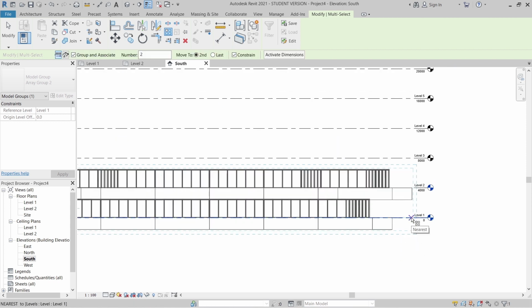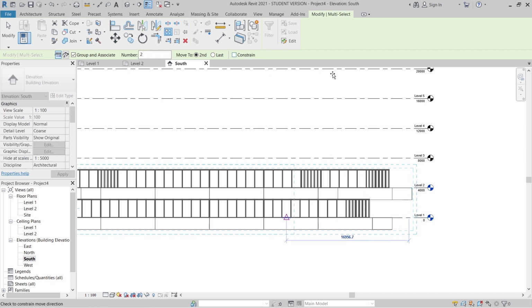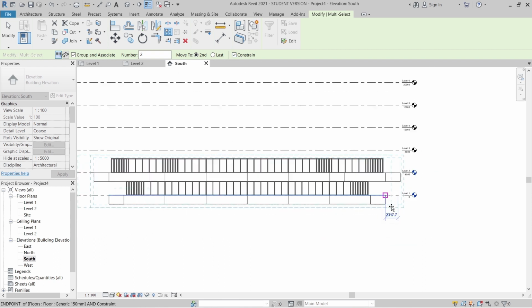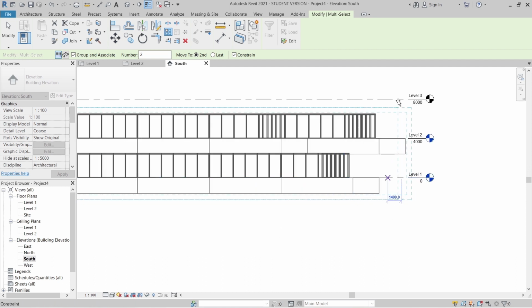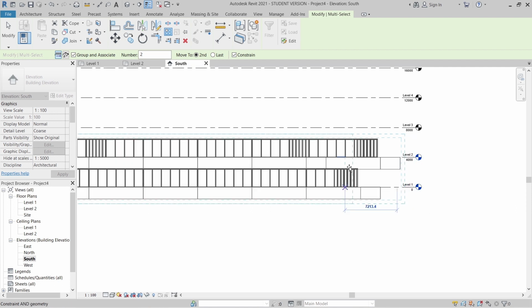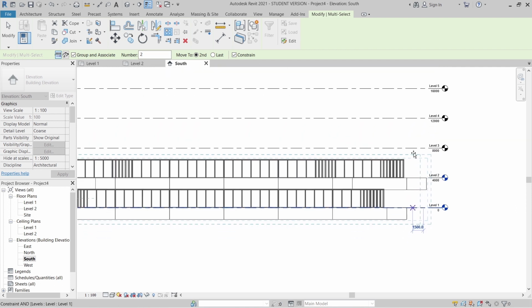Then I can start from, make sure you tick for constraint, start from here and untick for constraint. We need to tick for constraint. Let me see first. Okay, for some reason we could not array here. As I remember last time we could array. Let me think of the solution first.